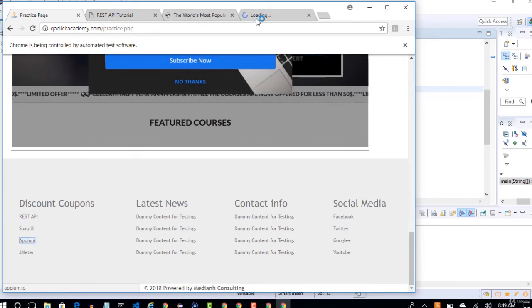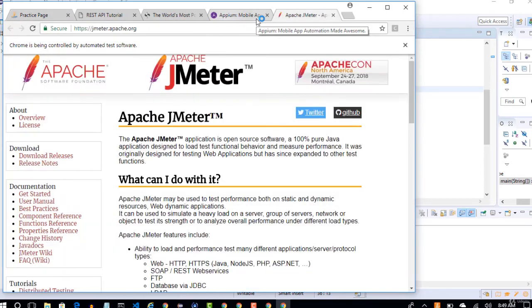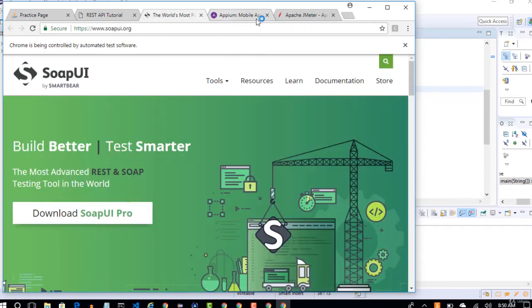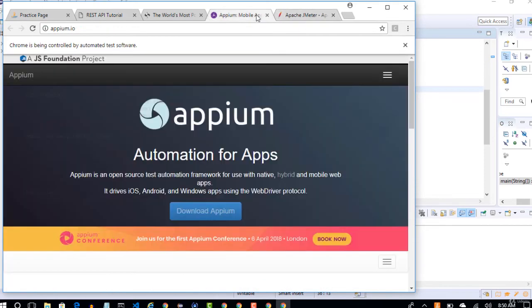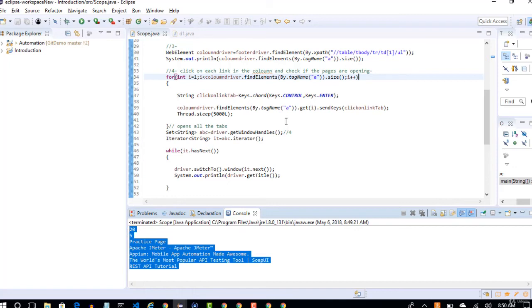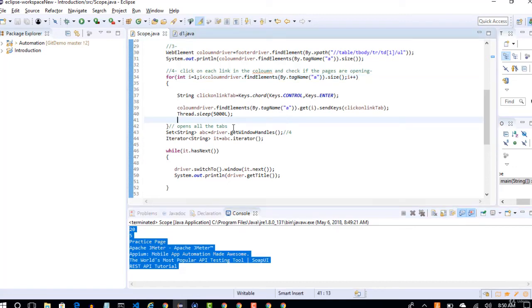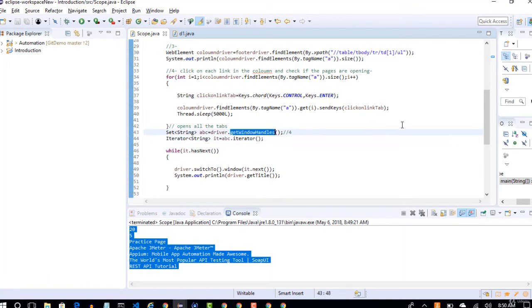And you see that now it's again navigating to 4 different tabs. Once the tabs are open, it will get all the window handles, and you see that it's switching to each and every tab. Are you seeing that? That means for every while loop iteration, it's navigating to each and every tab and grabbing the title. And you can see that all the titles are printed in your output. So that's the magic of using a while loop in handling these child windows.